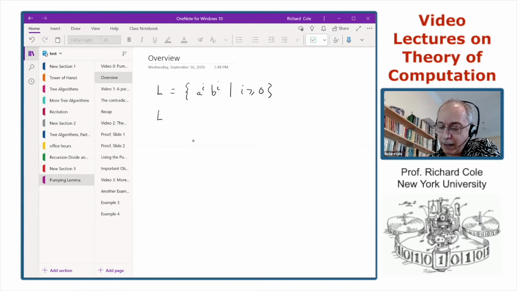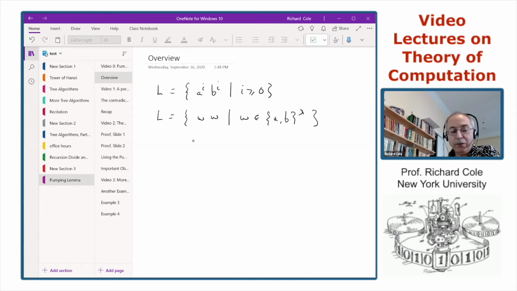Another non-regular language that we're going to be seeing is a language that consists of a repetition of a string. So W is just some string of A's and B's, and then our string is W followed by W. And again, to check that a string is in this form, it would seem you need to remember the first W in order to check that the second part of the string matches the first part. And once more, it doesn't seem that you can do this for every possible such string with a finite amount of memory, a finite amount of states.